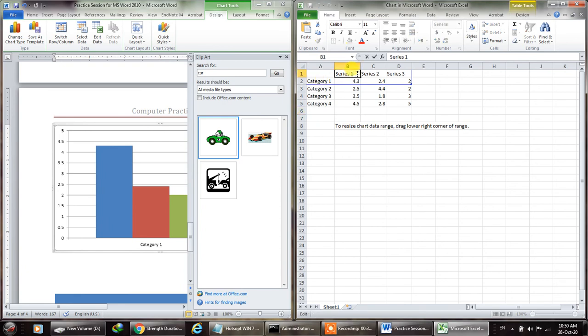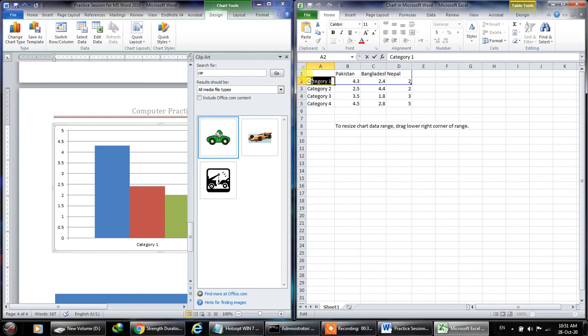Let's say this is Pakistan, this is Bangladesh, and this is Nepal, and we are talking about the number of PTs, that is, physical therapists.